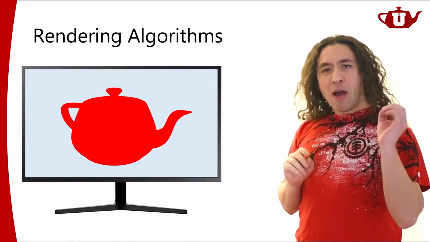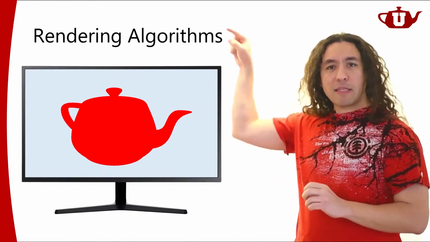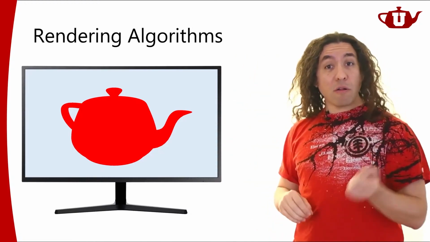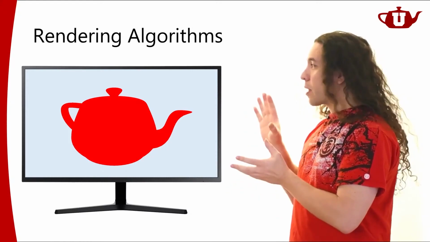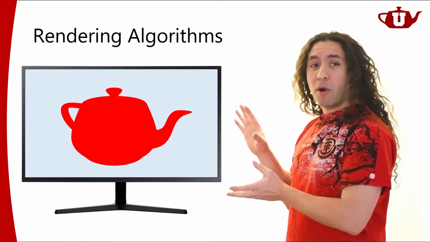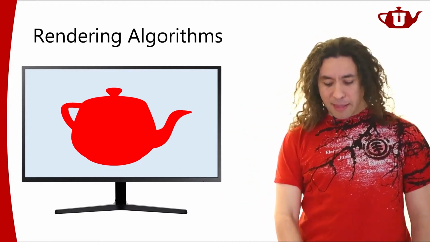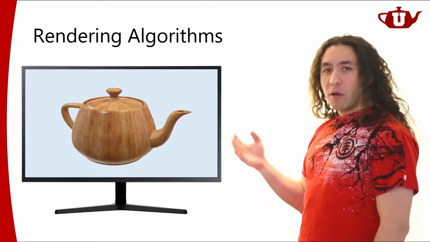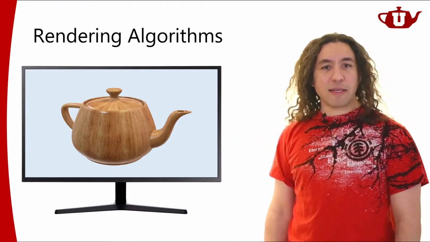So the primary problem, not the only problem, but the primary problem that these rendering algorithms are going to try to solve is this visibility problem. Like, where is this object, and what part of the object falls on what pixels, right? And then from there, we can go on to coloring those pixels accordingly and generating an image like this, right?